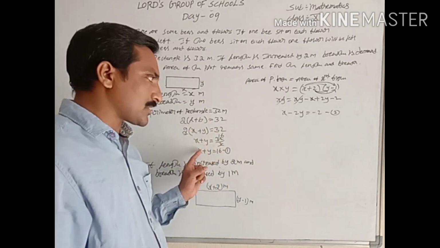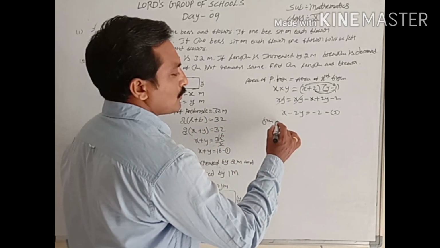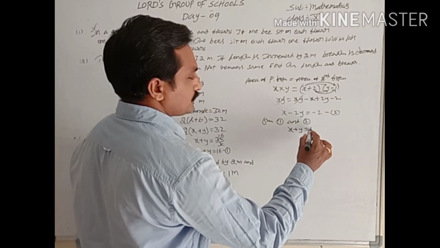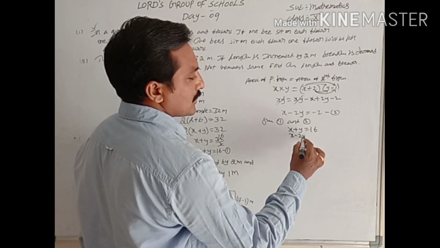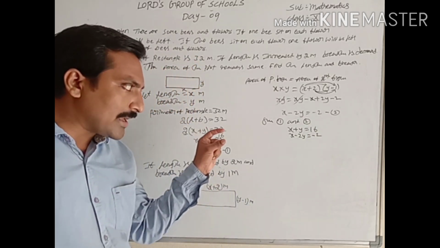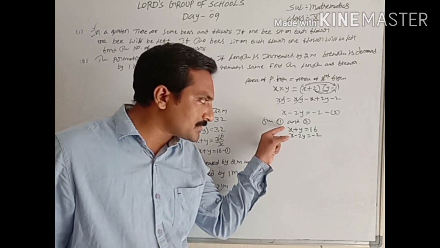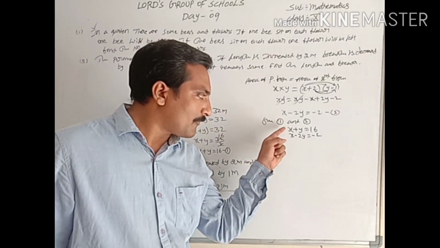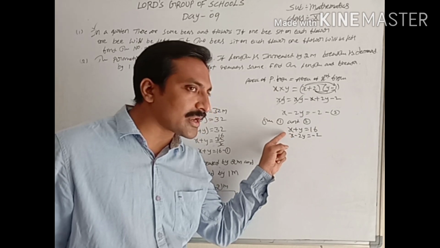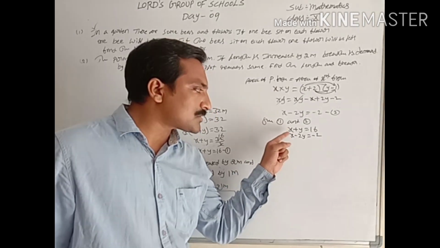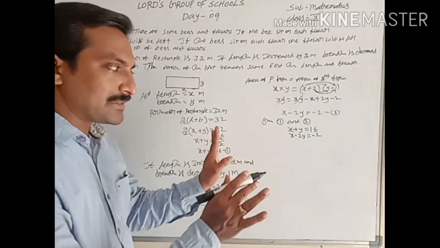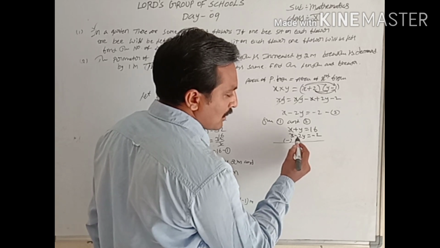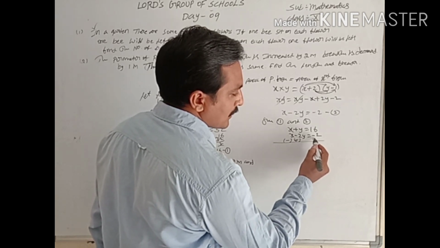Now you have two equations. When you solve these two equations, you get the proper values. Now solve 1 and 2. First equation: x + y = 16. Second equation: x - 2y = -2. To solve two linear equations, you have to observe the coefficients of the variables. The coefficient of x is the same in both, so no multiplication is needed. This is sufficient. Since the signs are the same, change the signs of one equation.